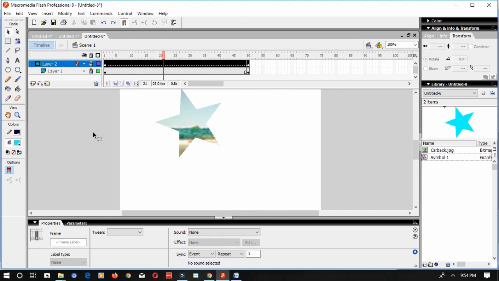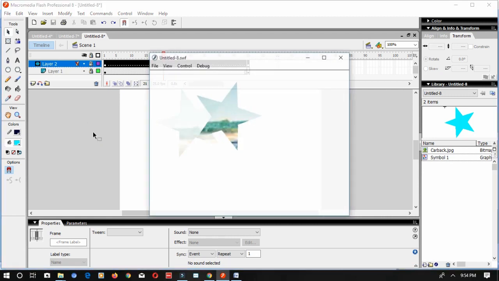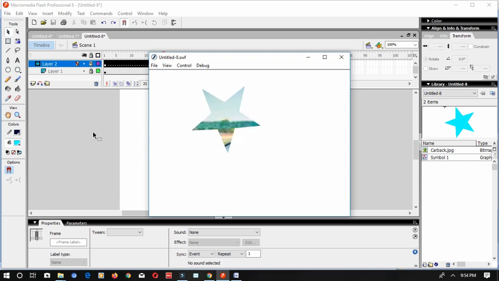Then now you can play your movie. What is happening here? The object is rotating now. In the previous one, masking, we just used the motion tween and moved from one place to another. Here we are rotating by changing the direction to clockwise. CW means clockwise. If you want it anti-clockwise, you can click on ACW.